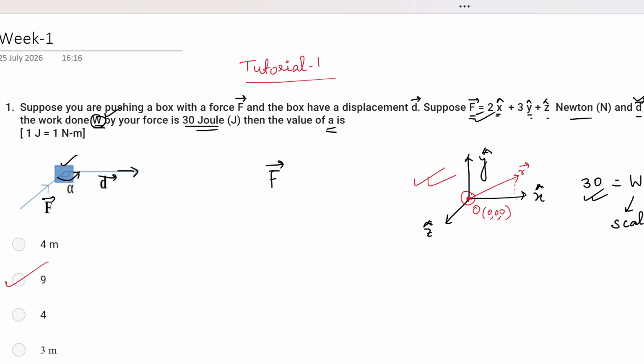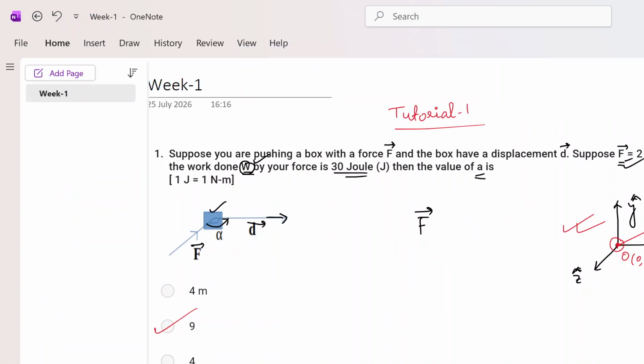Then when you discuss in the live tutorial sessions, we can discuss one-to-one whether the solutions you have done match with mine. If I make any mistake at any point, you can correct me, saying okay, this will be this, and then we can discuss. That way it will be more informative and more fun to learn. And you can keep the questions or doubts that you cannot solve yourself for this tutorial.